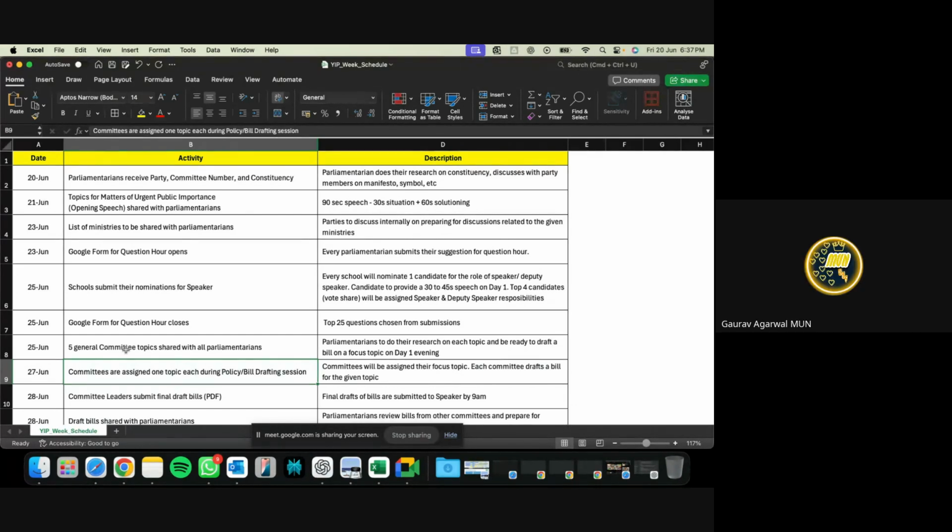Sir, if a party's manifesto says we will be secular, and one of the ministers or MPs raises a point which is against the concept of secularism, is there any way we can point it out as a logical fallacy or misinformation? Definitely. In this case, you would bring this to the knowledge of all your party members. You would tell everyone to raise their hands and try to make at least one of them speak and make this point heard. If you can't get it, maybe someone else will take it up. They will reply, and then you can join in that conversation after the reply and proceed.